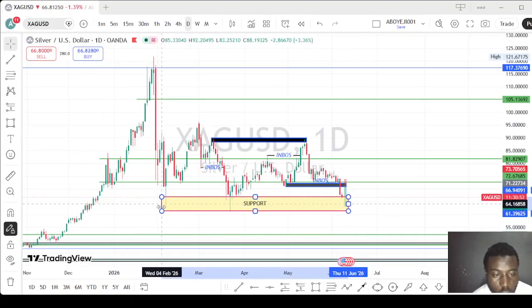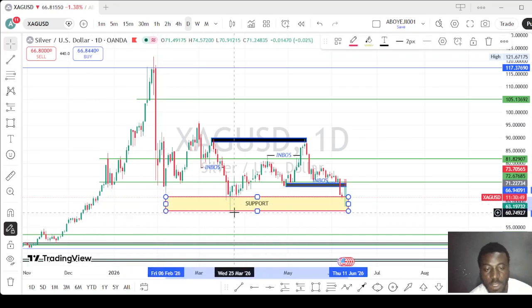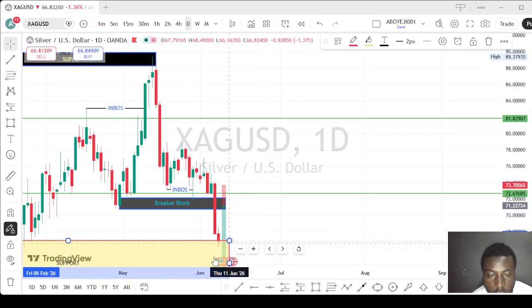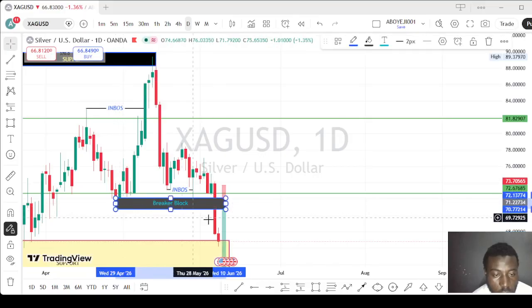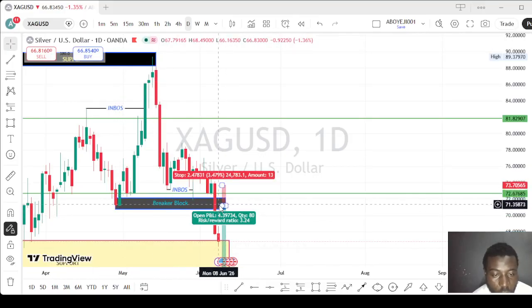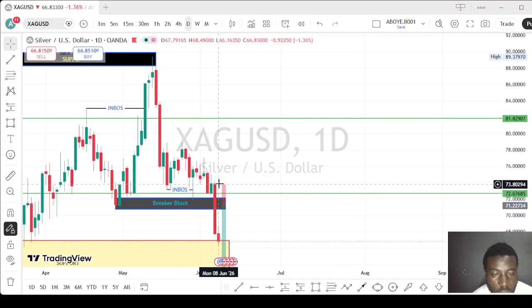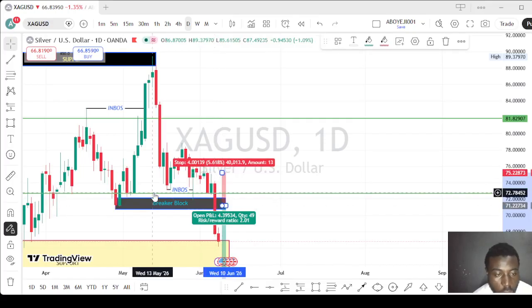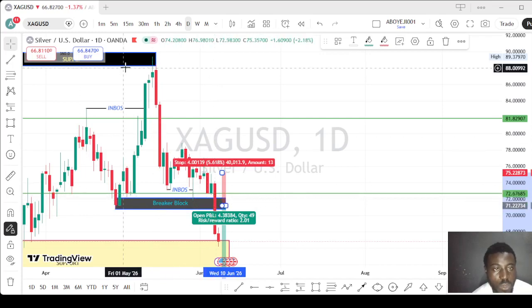This is what the market gave us. So definitely, let's see if we can respect it, because this one is a liquidity for me, seriously. Let's see if the market is going to sell again from this breaker block, because you can see this is the demand that turned into a breaker block. So let's be expecting another sell, and our stop loss will be above this green candle. Another sell is going to happen. This is what I am seeing.